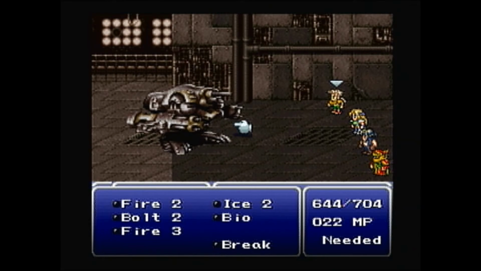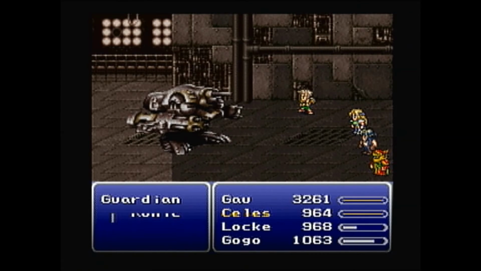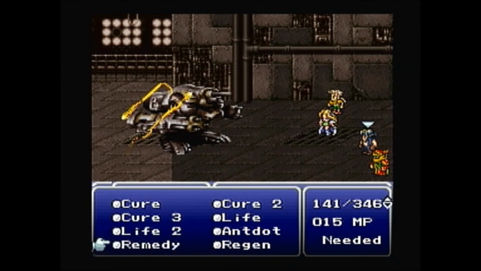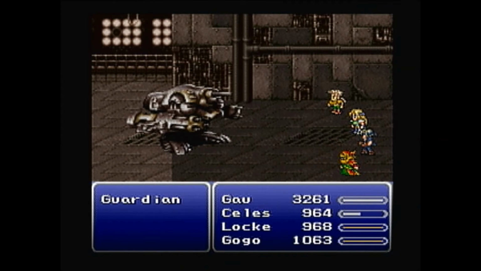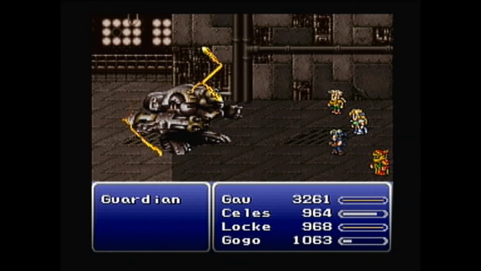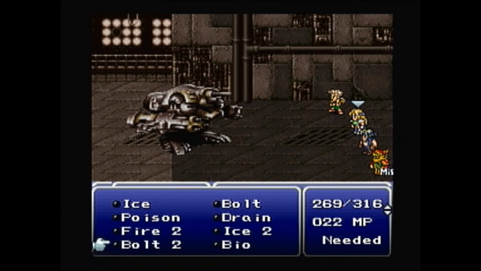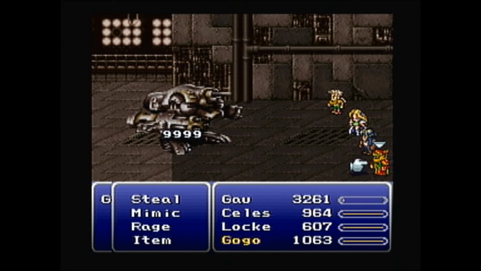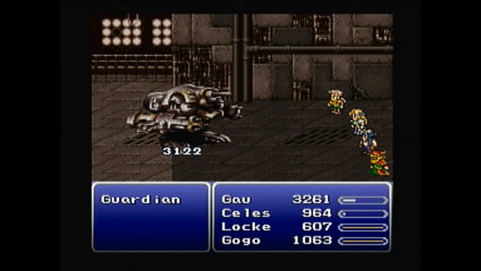Finish him. I don't remember what his weakness is. Yeah, I suppose that makes sense that it's Bolt, right? He's a machine. Because he's electronic. The Guardian is electronic. Does anybody have Bolt 3? I'm just using Bolt 2. Yeah, Bolt 2. So, Tritok has Bolt 3. I don't know if anybody else does, but I obviously didn't spend any time with him. And I don't really know that you need it. I mean, Gau's hitting for 9,900. Granted, he's got an insane magic stat, but...